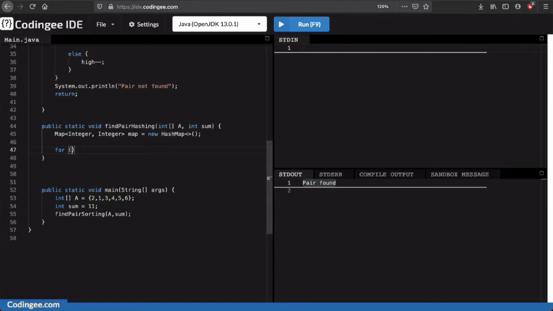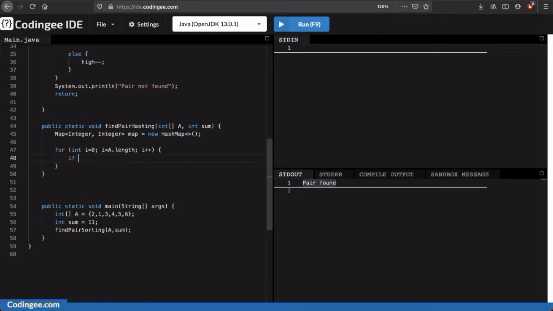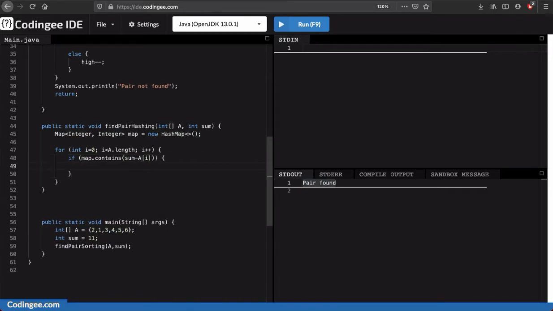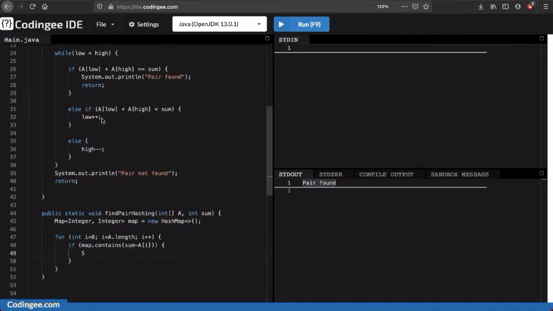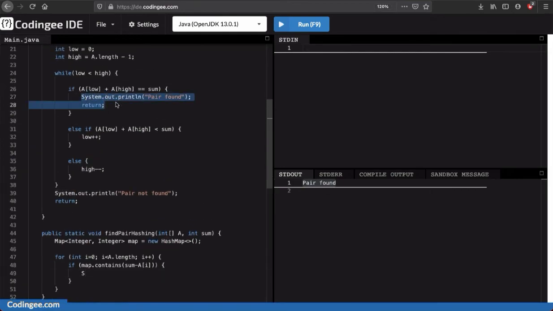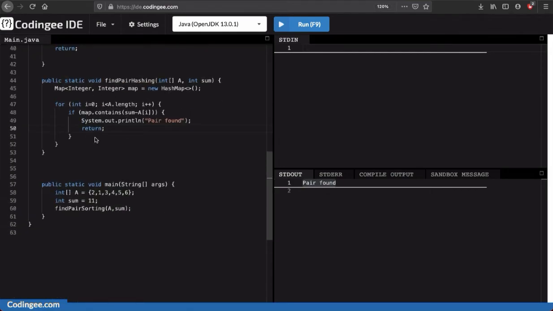So let's now loop through the array A, and we will check if map contains sum minus ith element. If sum minus ith element is already encountered or discovered in the array before this ith element, we have found the element and we can return, right?